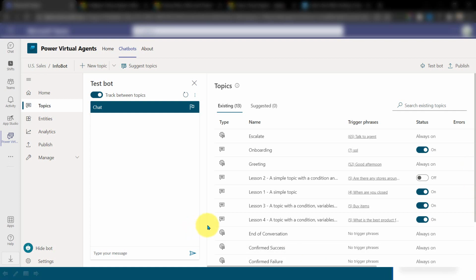What we are going to show now here is suggested topics. This is really an amazing thing which I really love about this Power BI agent specifically. Even though I like Power BI agent overall, this specific feature, suggest topic, is really an amazing thing. If I click here,